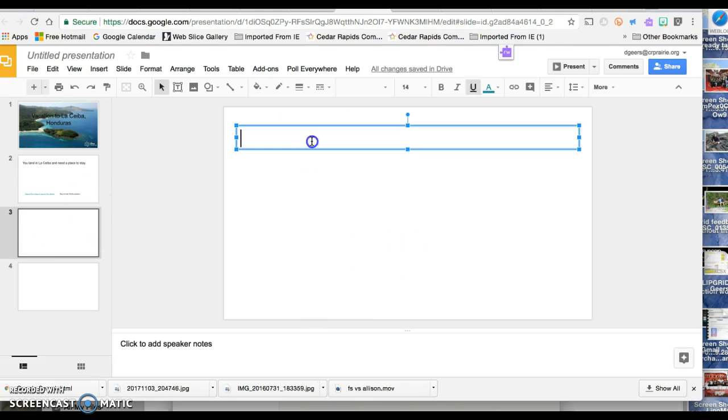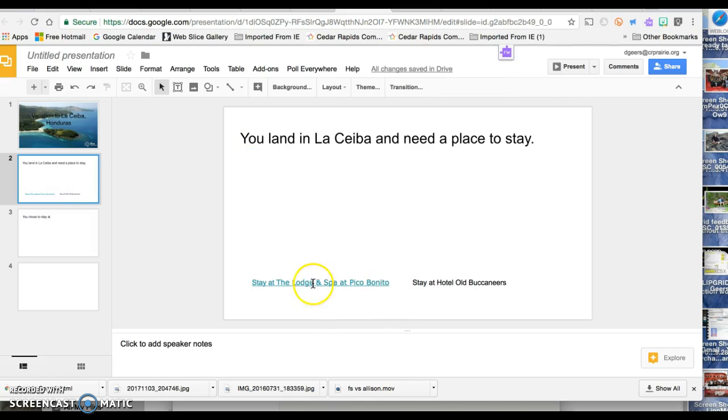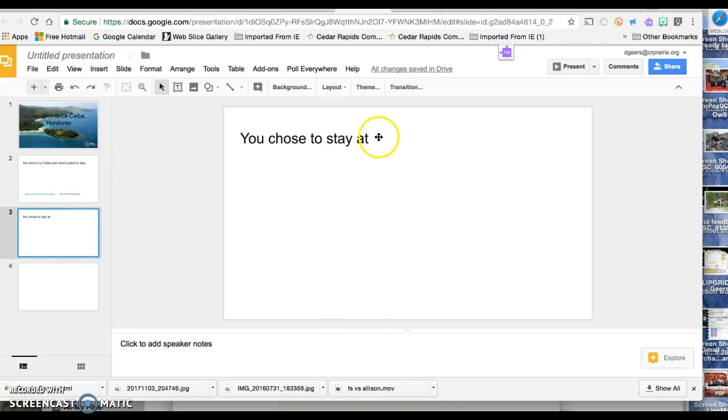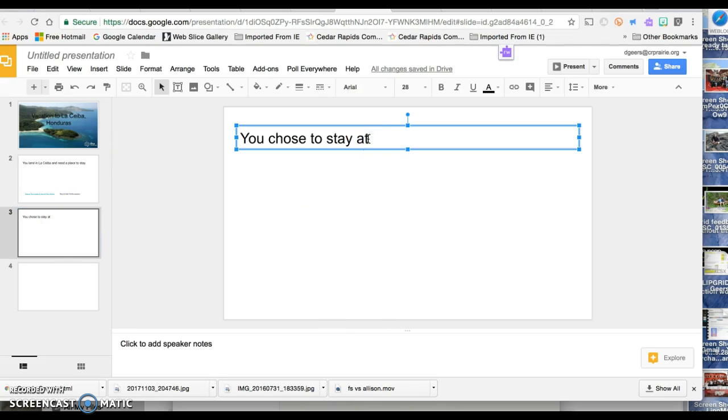I should have already called this You Chose to Stay at the Lodge and Spa Pico Bonito. And you can copy and paste that too. The Lodge and Spa at Pico Bonito.